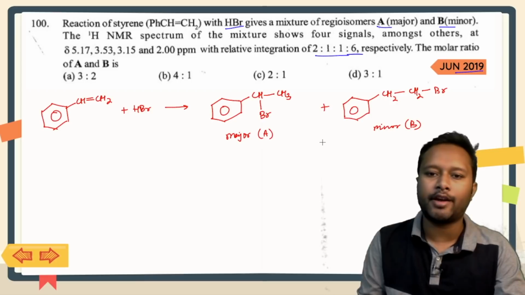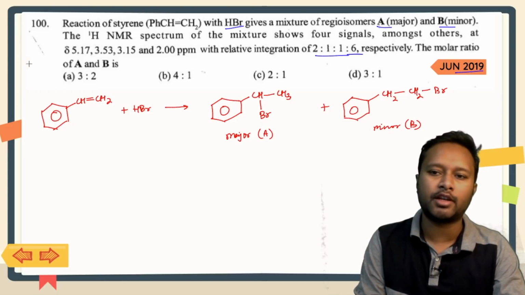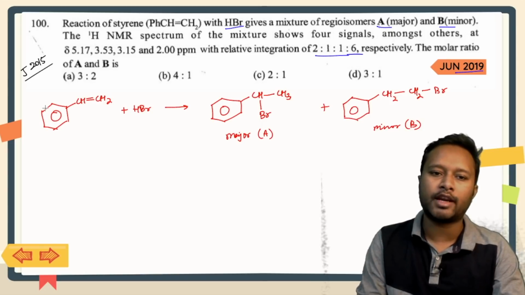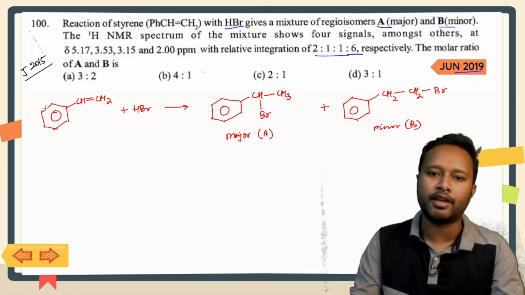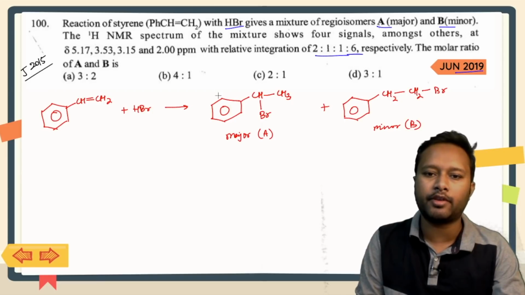Now you have to look, because they are just talking about the hydrogens on these groups. So they are talking about the chemical shifts of that. It's pretty simple to approach these questions. A similar question was asked earlier in the 2015 June exam, so do check that out also. That was much easier, but here they have complicated it with 2 different molecules. But yeah, let's try to look for them. They are asking what the molar ratio of A and B is.